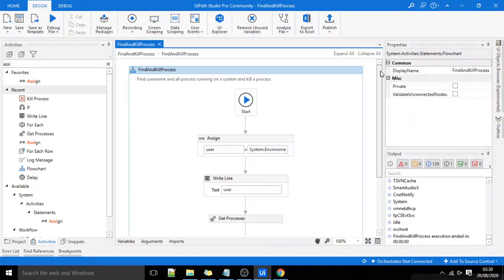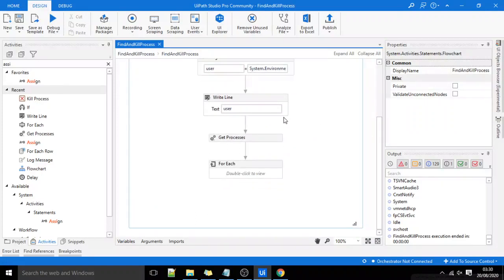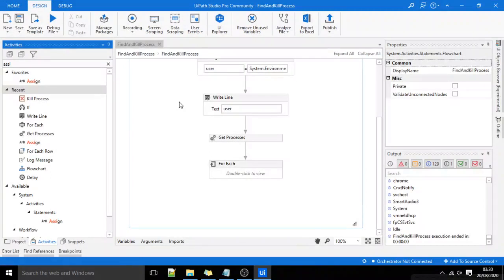Now this workflow is complete. Let me execute this. As you can see, earlier the Chrome browser was opened over here, but now that is closed. It means that the process is killed by our program.